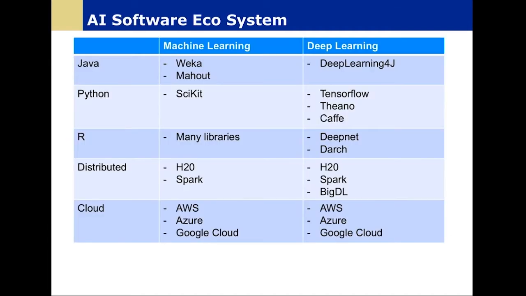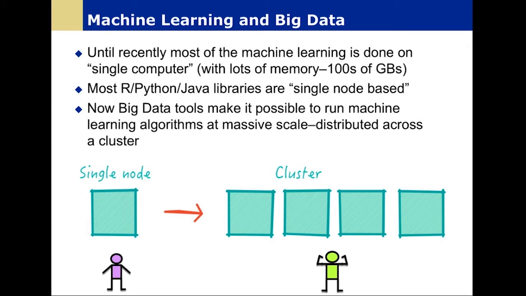There are a number of different projects around the AI software ecosystem, and many of you are probably familiar with libraries in languages like Python and R, which give us the ability to do general machine learning. Scikit-learn and many of the CRAN libraries in R give us that. We can also do distributed machine learning using H2O and Spark MLlib. Now, on the deep learning side of things, we generally have specialized frameworks, and many of you might be familiar with deep learning frameworks like TensorFlow, Theano, Caffe, etc. There are some efforts now on doing distributed deep learning, and one of which I'm going to highlight today is BigDL.